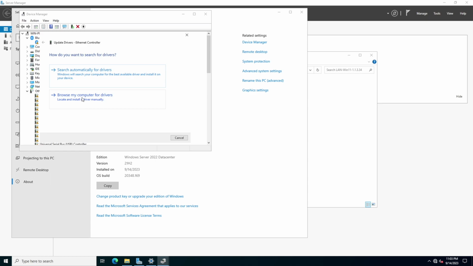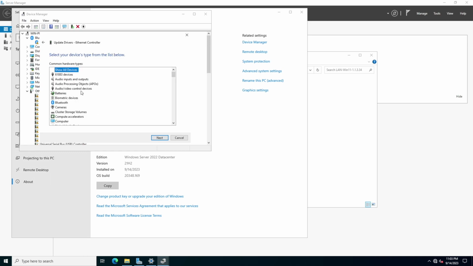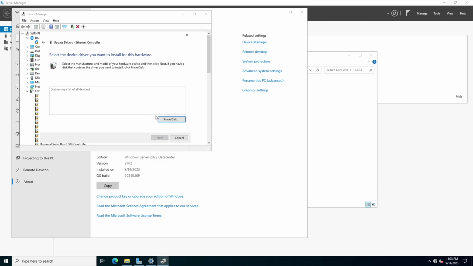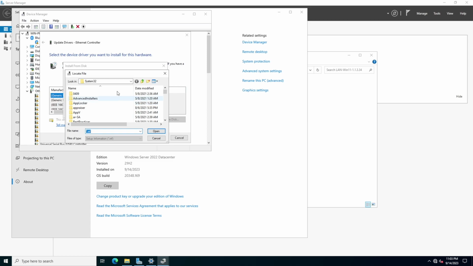We're gonna click on browse my computer for drivers, and then click where it says let me pick from a list of available drivers on my computer. It doesn't matter what you select here, you just hit next, and you're gonna say I have a disk. We do have a disk, and it's our USB thumb drive where we put the driver. We're gonna hit browse, and click on the back arrow to get to our thumb drive. Scroll down, here is my thumb drive with the Windows ISO on it. We're gonna click on Intel NUC drivers, then the LAN driver, and then click on this one,